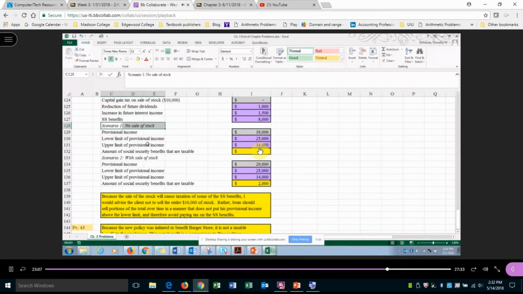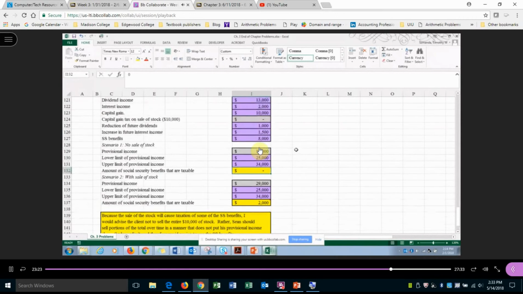Well, if I don't sell the stock this year, then none of the Social Security benefits are taxable. The reason I know is because this $19,000 of provisional income that we calculated a minute ago falls below this $25,000 lower threshold. And as long as it's below that $25,000 threshold for this single taxpayer,